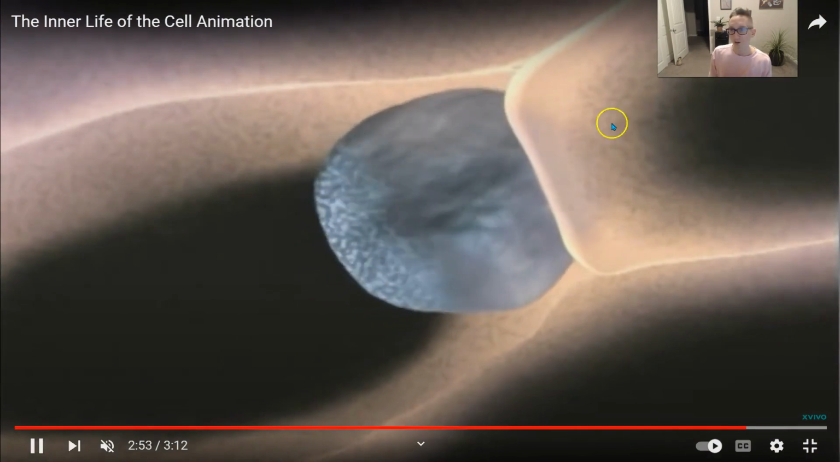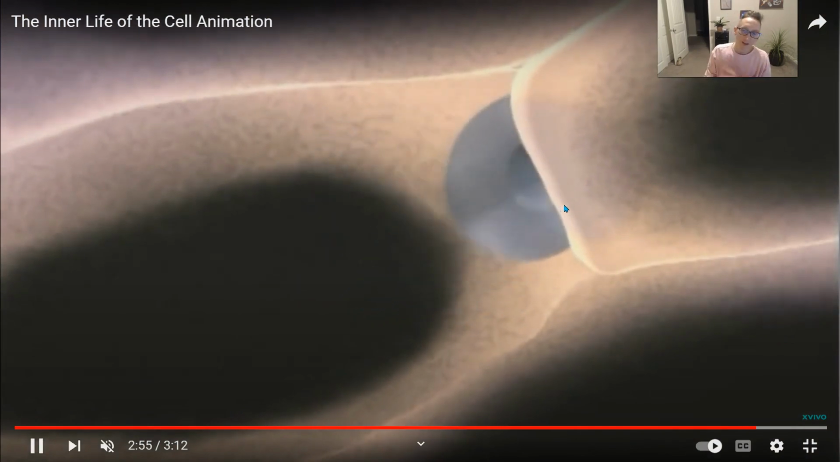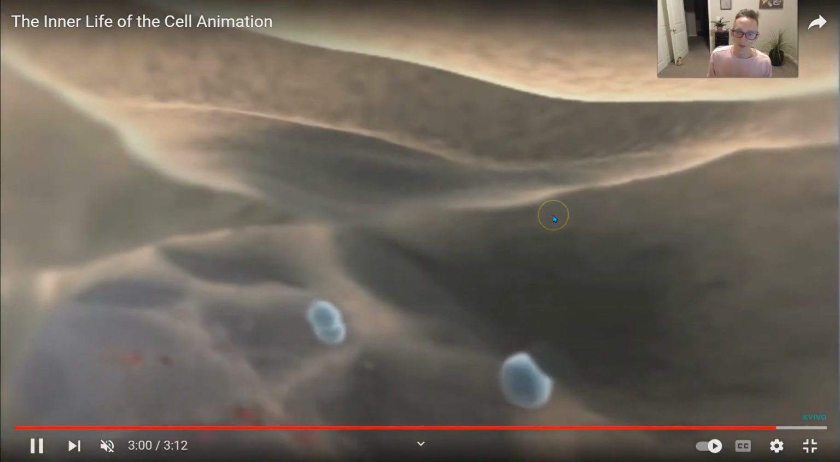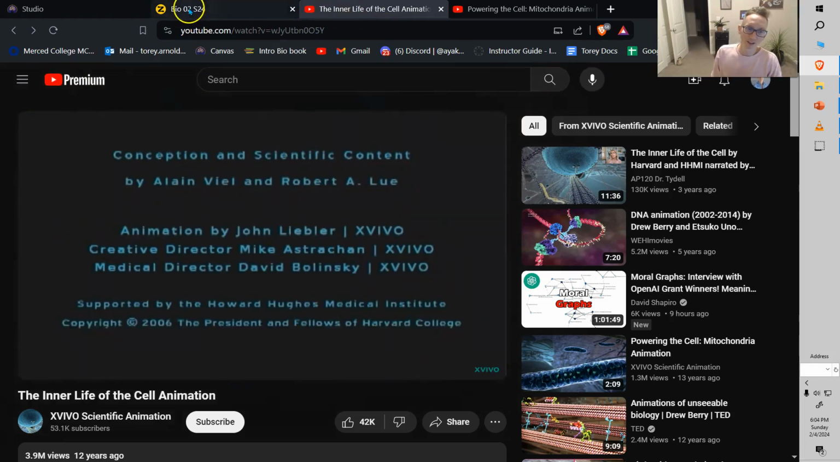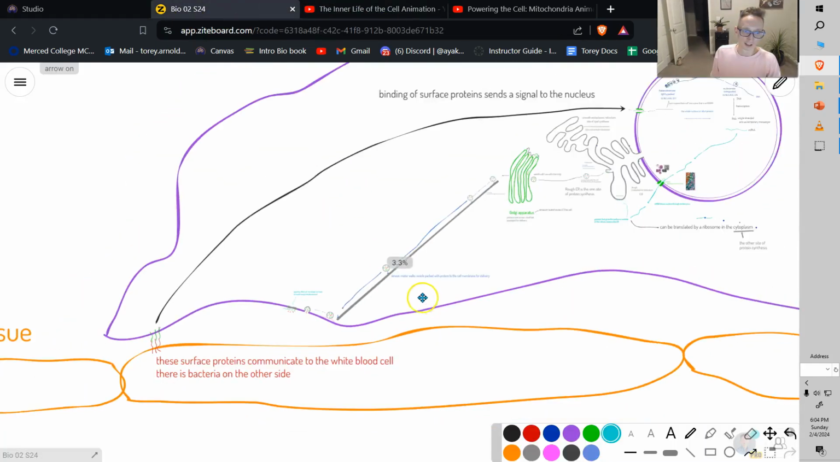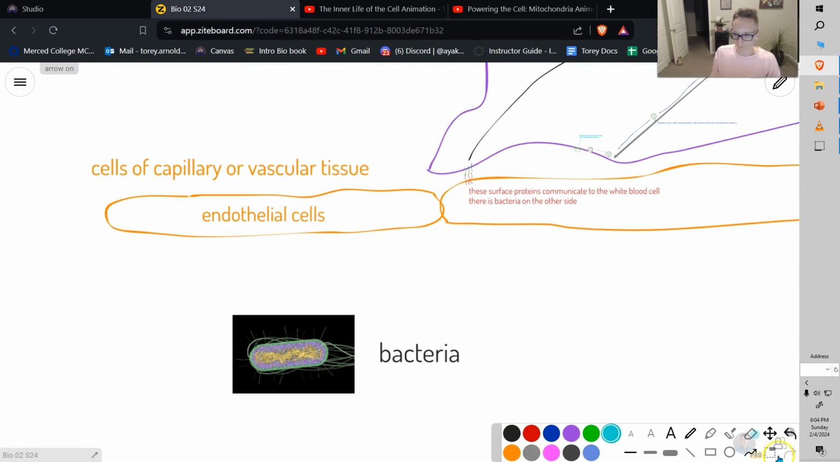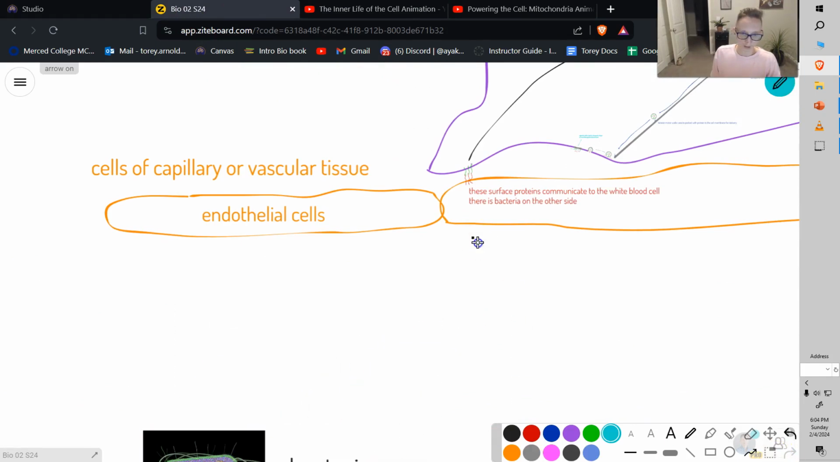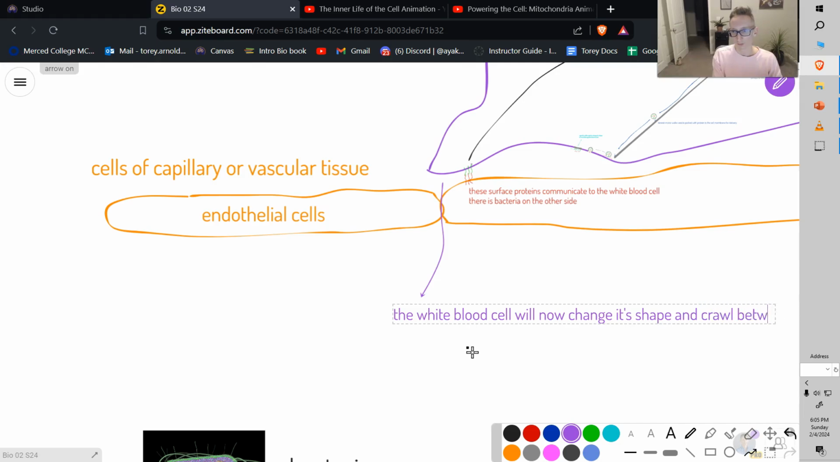So now it gets flat and it crawls in between these cells. It's pretty cool indeed. All right, we just learned what the heck all that was. Very slowly we drew all that out. So this process, this cell will now crawl. The white blood cell will now change its shape and crawl between